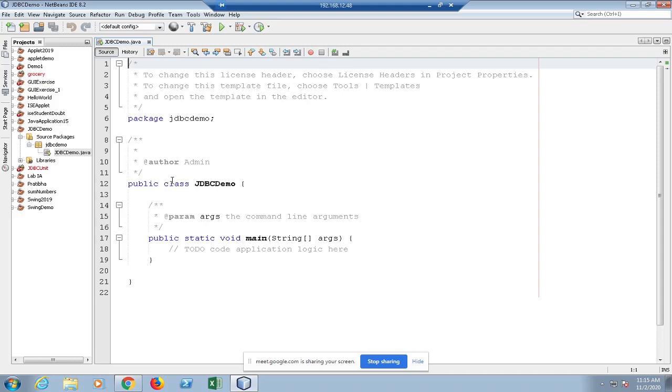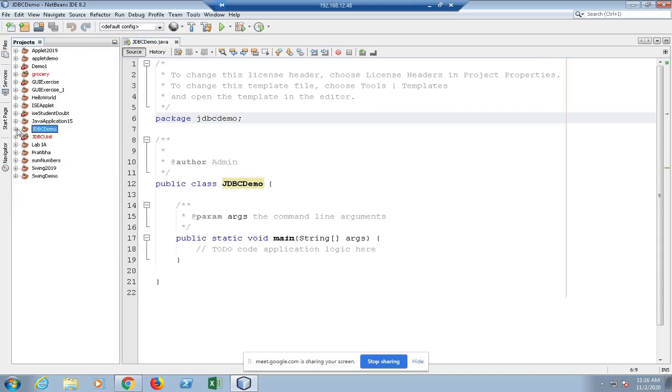So this is the file that has been automatically created by the IDE for you. As I said, the class name will be by default same as your project name. And this is placed within a package with the same name. Nowhere I mentioned a command to create a package. However, all IDEs follow the practice of creating named packages. By default, it will be same as project name.